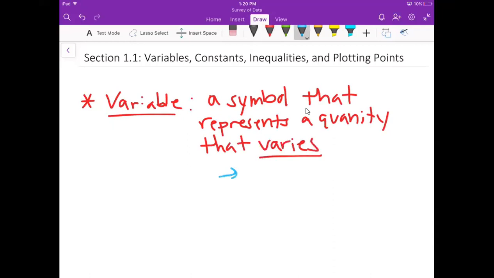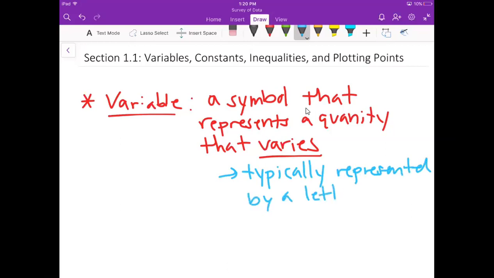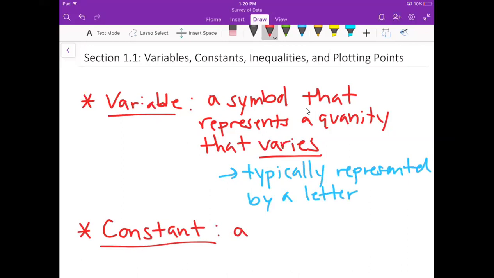And almost all variables are typically represented by a letter. So this is when your famous X comes into play, right? When we do things like finding X, that's a variable that we're looking for. The difference between that and a constant is that a constant does not vary. It is exactly what it sounds like, it's constant. So it can still be a symbol,